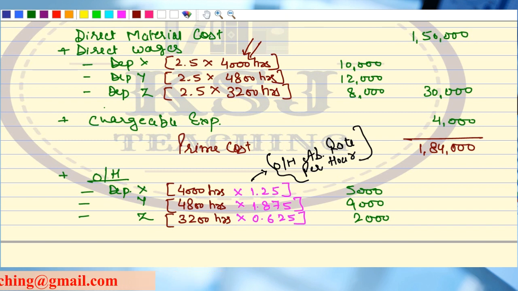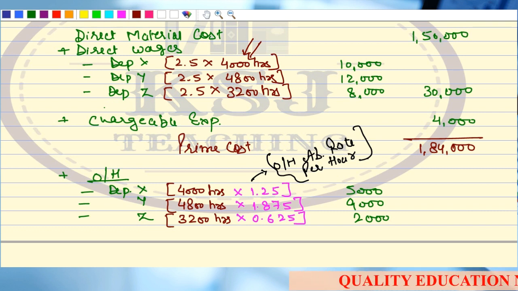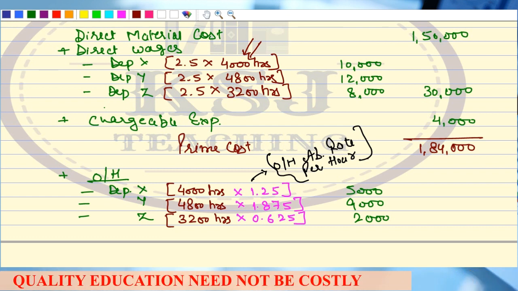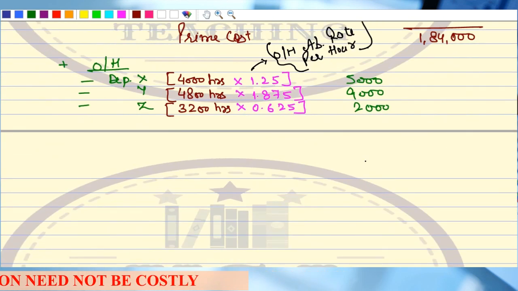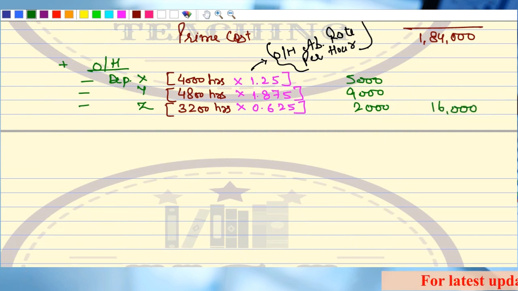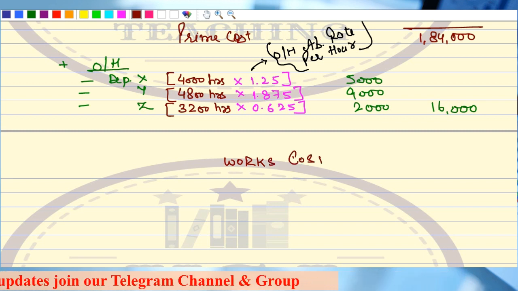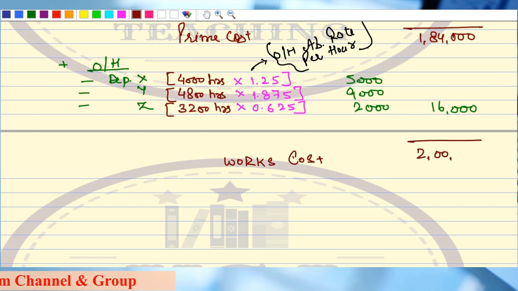Now this is the major point of this question. First we identified the total labor hours in a particular department. Then on the basis of those labor hours, we have calculated the overhead absorption rate per hour. Clear? So the total overheads are how much? 11 and 5, 16,000, right? And from here, what you will get is the total works cost. You will get works cost, that is 2 lakh. Any doubts up till this point?